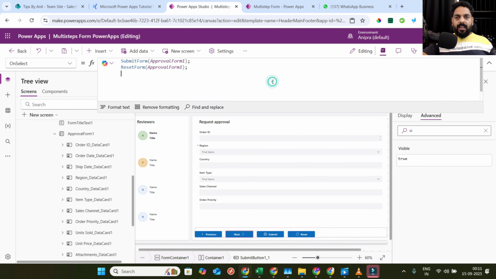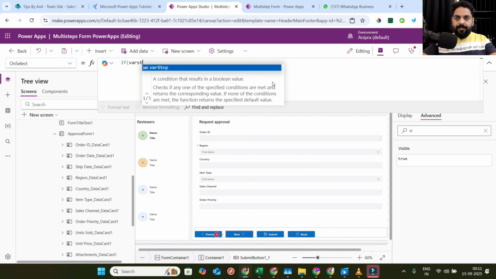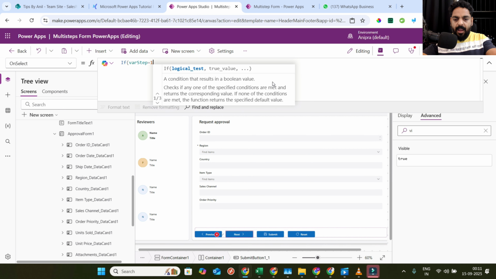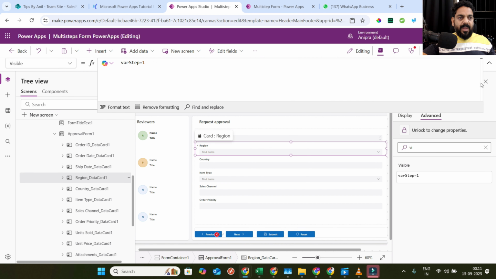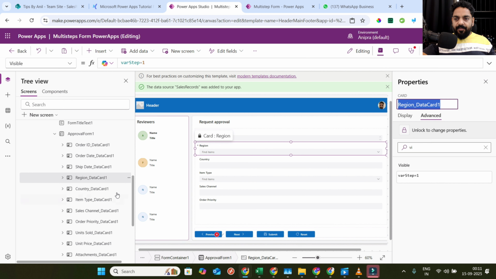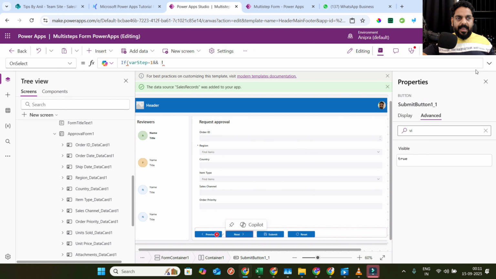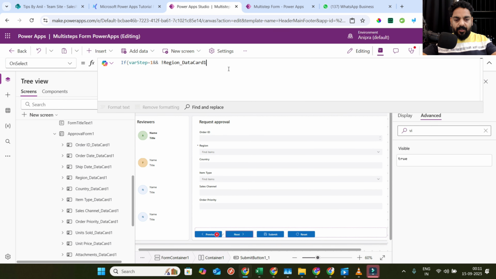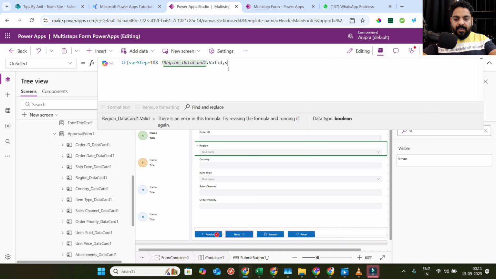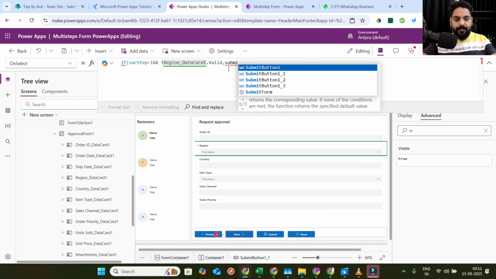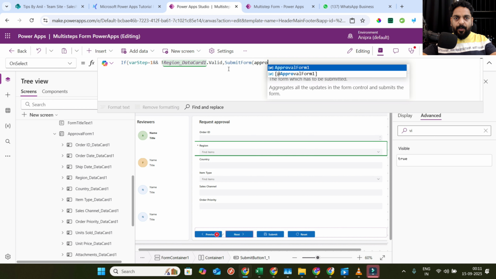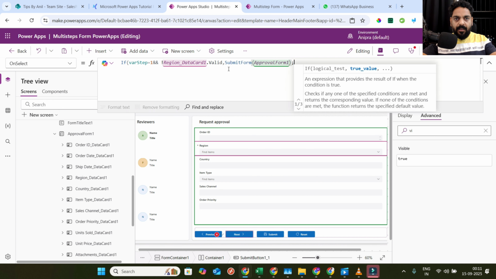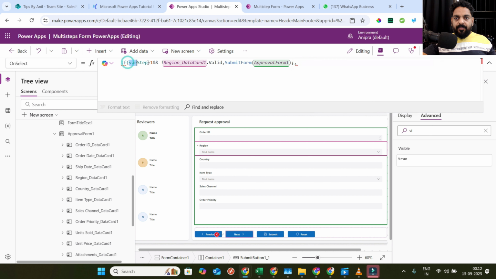Now on the next button, I will put a formula: if varStep equals 1 and not my reason, because reason is a mandatory field. So I will copy this and again go on the next and .Valid, then SubmitForm, and my form name is approval form 1. The next is I will copy this